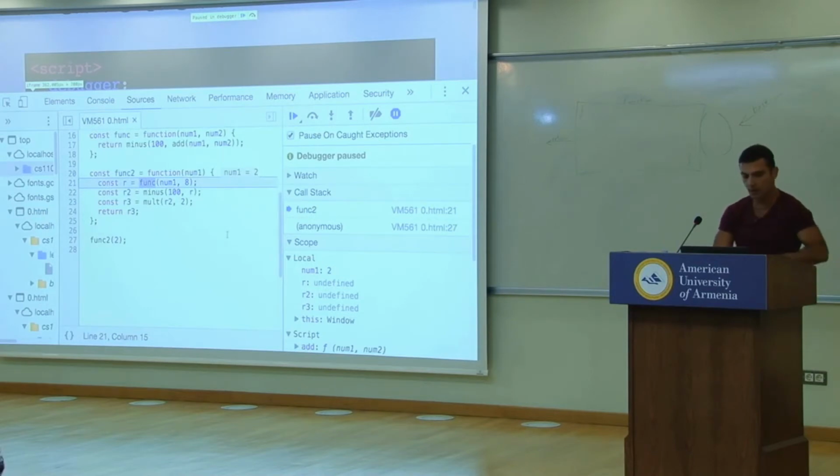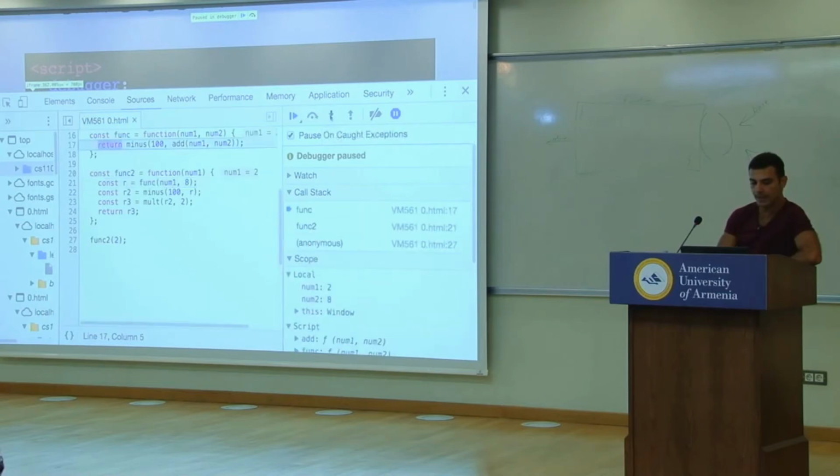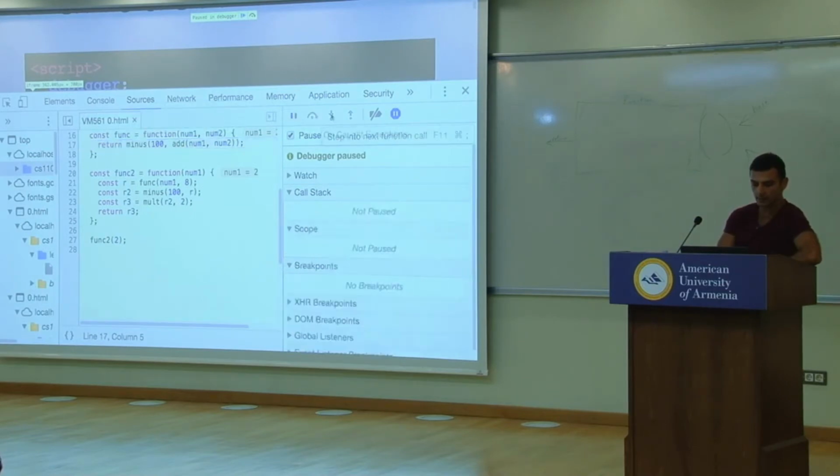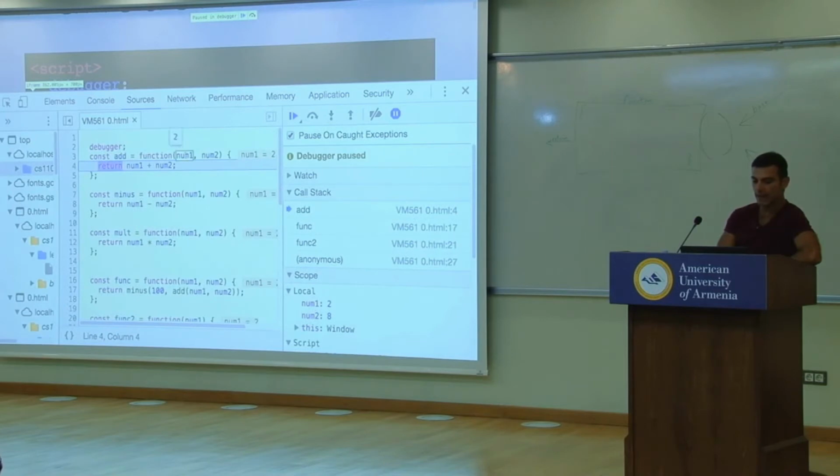Right? Let's go into func. Again, the down arrow. We're now inside of func. Num1 is 2. Num2 is 8. We are then going to call add and then minus. Let's go in. We're now inside of add. We're adding 2 and 8. So 2 will be added to 8, the result of which,